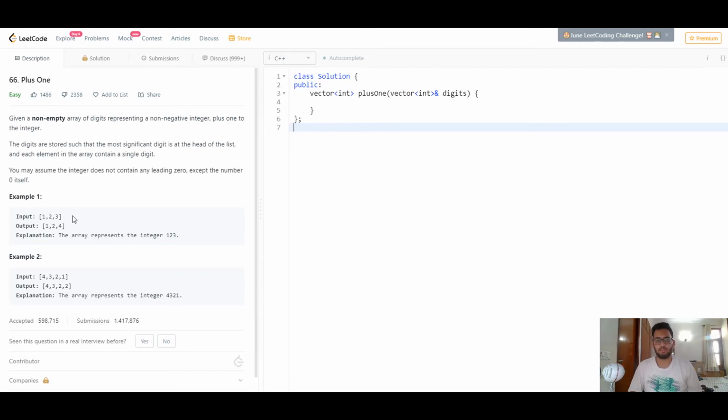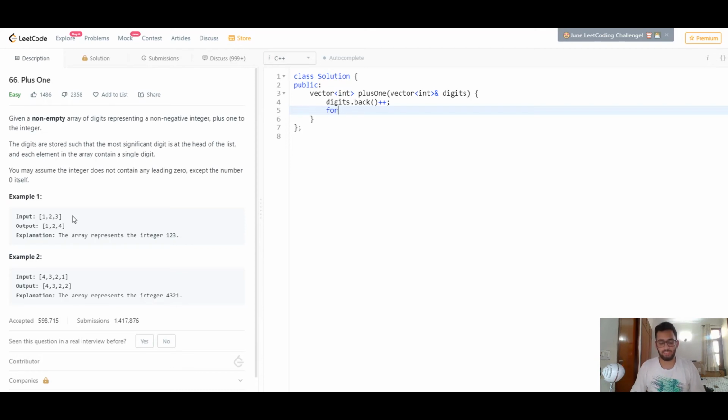So let's start coding it out, and it should be a pretty simple implementation. The first thing I'll do is add 1 to the last element of the array. Now I'll start iterating through the array from the right hand side till the first element, until I'm presented with double-digit numbers.